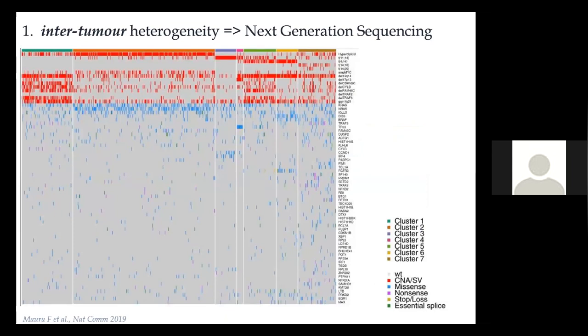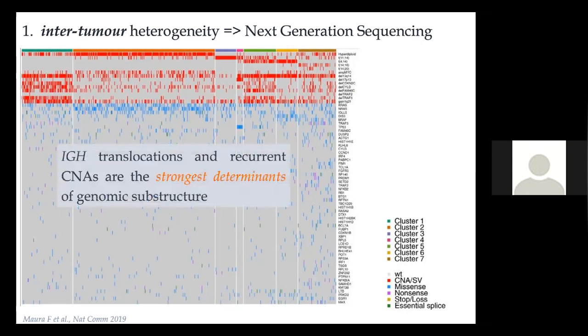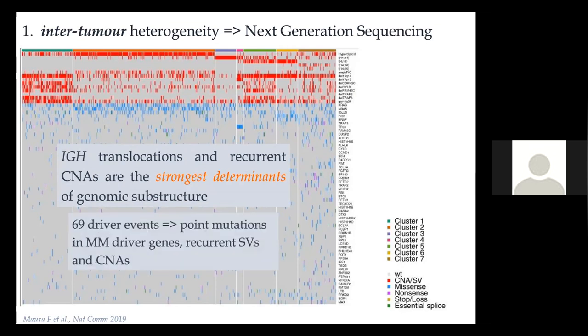Today, the introduction of high-resolution molecular approaches has greatly improved knowledge of multiple myeloma genomics, and this is one of the latest reported pictures of the myeloma genomic landscape, showing that not only chromosomal aberrations are common in tumor cells, but also a multitude of point mutations and driver genes, among which several are recurrent, as shown here. Together with translocations and aneuploidies, which still remain the strongest determinants of the genomic substructure, the recurrence of 69 driver events